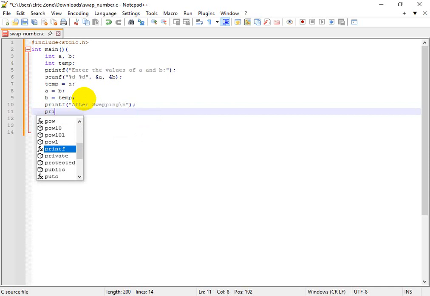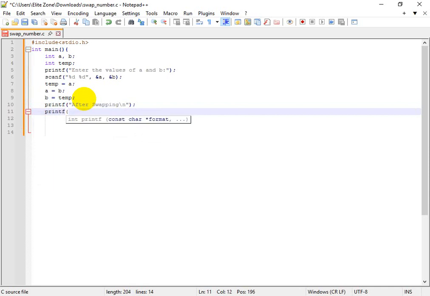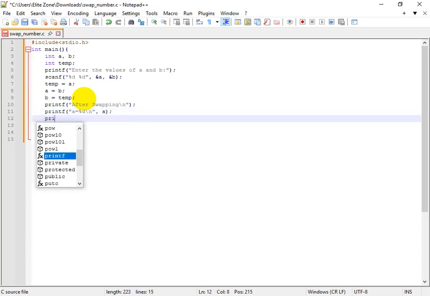After swapping, we printf the value of A equals, so the value of A is going to change to, okay, the value of A is going to be an integer, %d, and then we just say A, we close it. Then printf the value of B